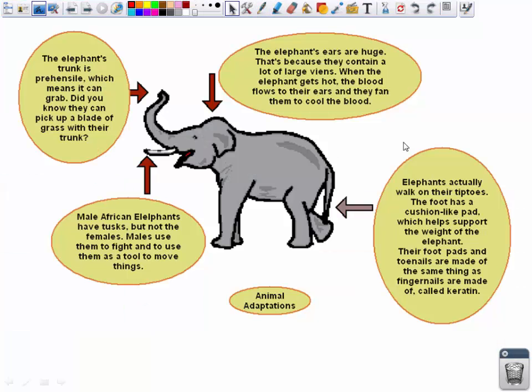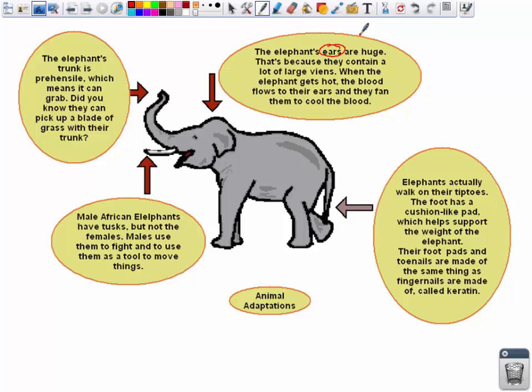So here's a couple of examples of adaptations. I just thought it was interesting to throw in some examples here. Take the elephant. The ears are huge. This animal has adapted to have huge ears because there are a lot of veins in the ears, and the elephant lives in a very hot climate. When the animal becomes hot, the blood will rush to the ears, and it can use that large surface area to fan and cool the blood, so that it maintains an appropriate body temperature,